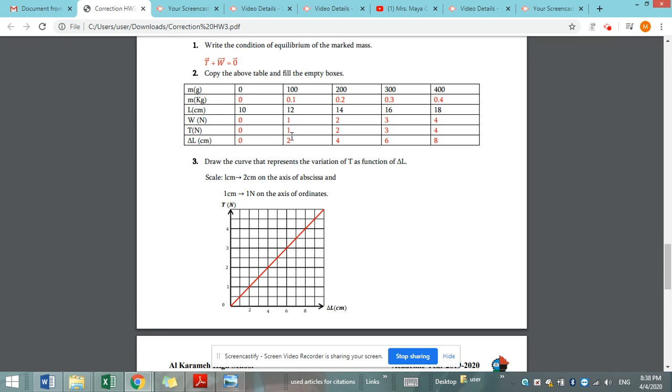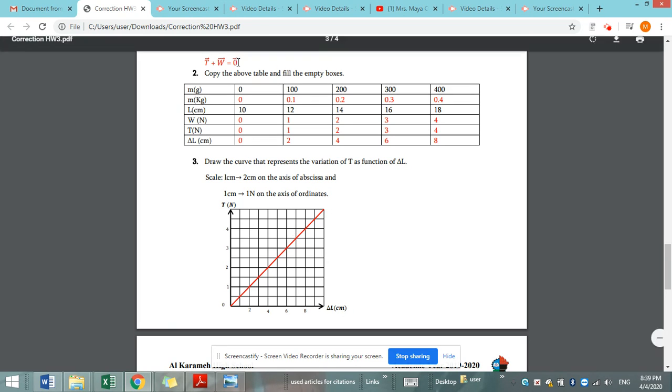So here, we are drawing the curve that represents the variation of t as a function of delta L. That means t will be on the y axis and delta L on the x axis. The unit here is in Newton and in centimeter. For example, let us